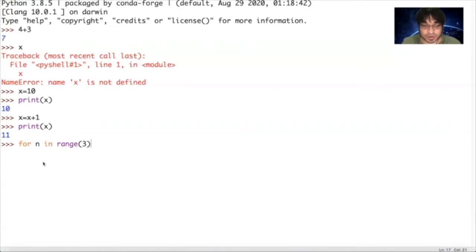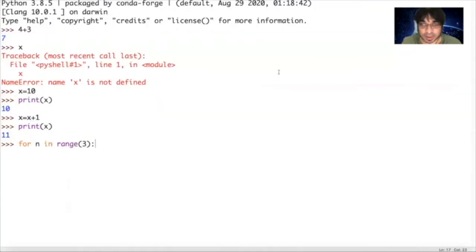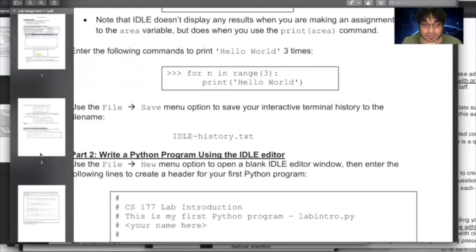Observe, this is important. There's a colon here. This kind of syntactic nuance is important, or else there will be syntax errors. Hit enter. You see that the cursor has moved a little bit to the right. This is called indentation. This indentation means whatever I'm going to write now is going to be counted inside the loop. So this is going to loop 3 times.